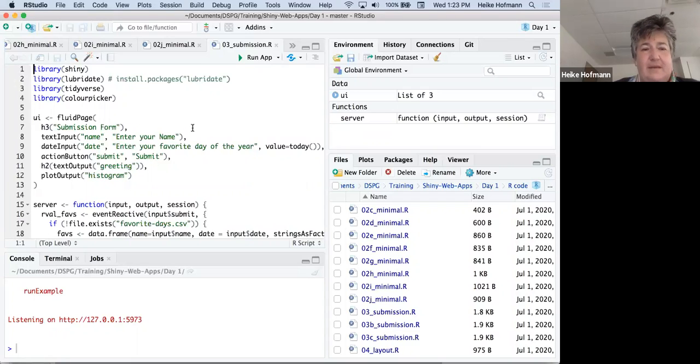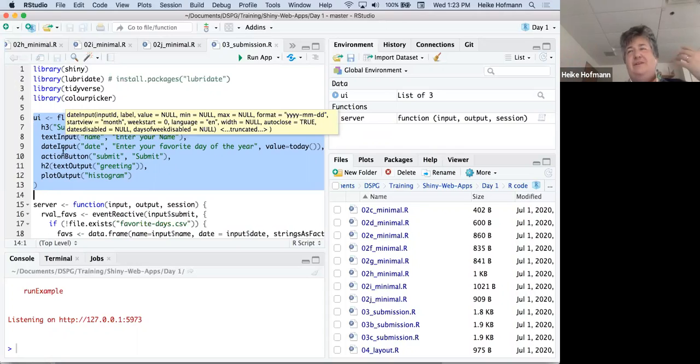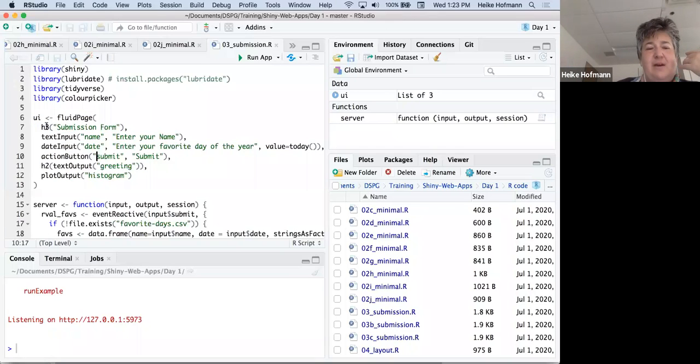So we've got this fluid form or fluid page. Fluid page is again just user interaction. So we've got a bit of text, we've got a text input, we've got a date input where we start with a default of today. We've got this action button that has an ID of submit and a label of submit. So we push that. We've got an output,